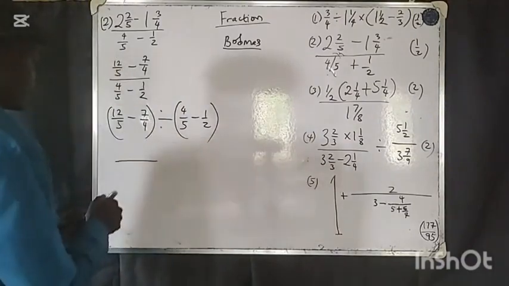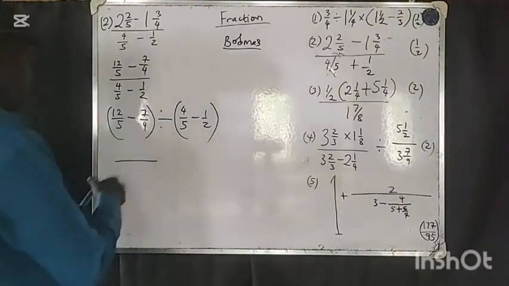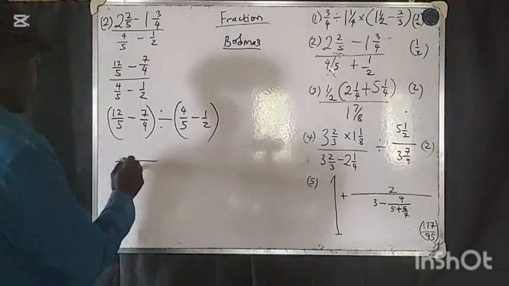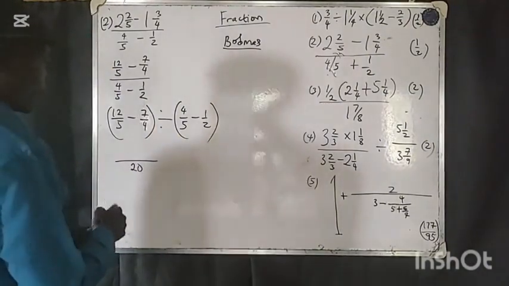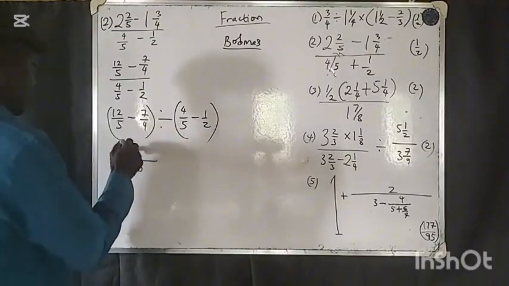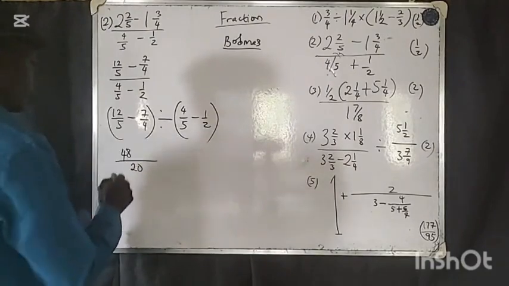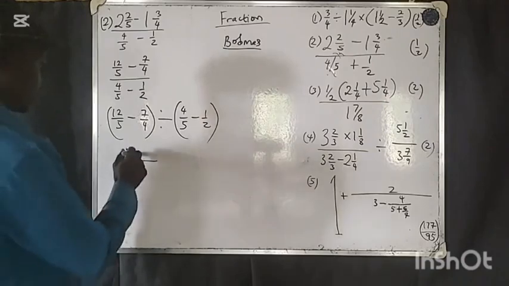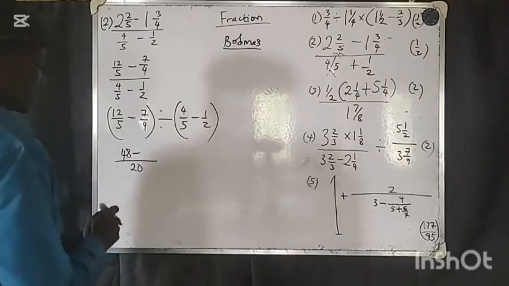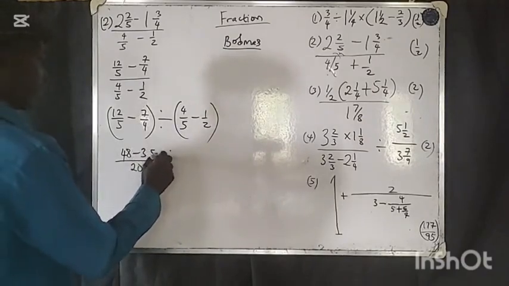There is no common factor between 5 and 4. So the LCM will be 5 times 4, which is 20. 5 goes in 20 is 4. 4 times 12. 4 times 2, that is 8. 4 times 1, that is 4. So 4 times 12 is 48. 4 goes in 20, that is 5. 5 times 7, that is 35. Divide by,